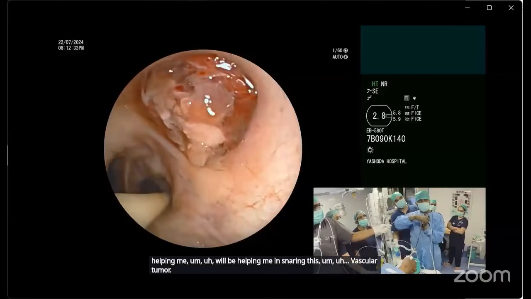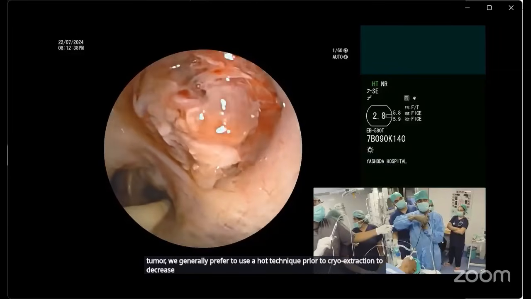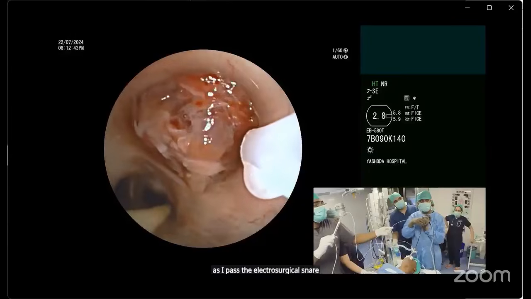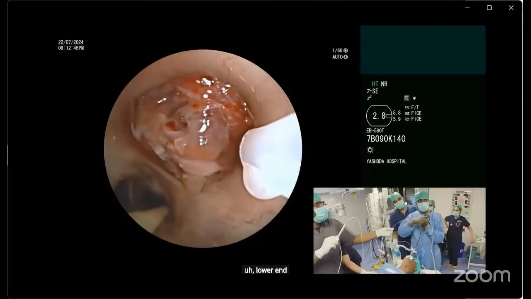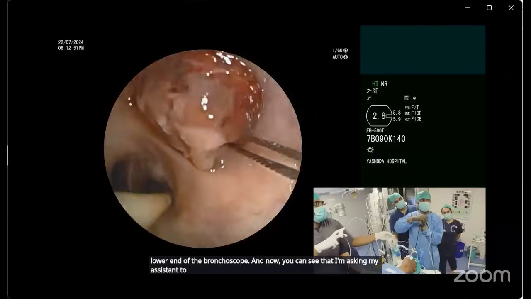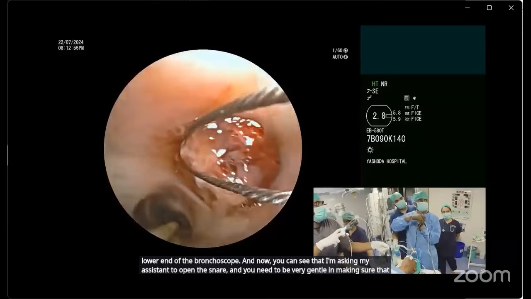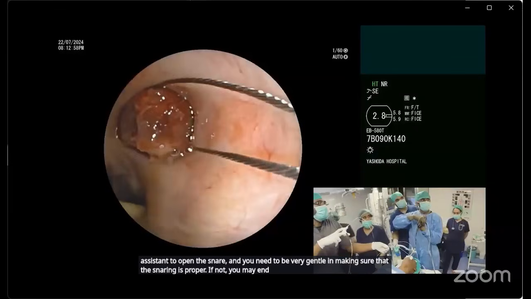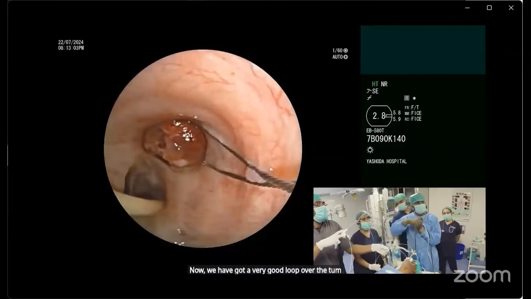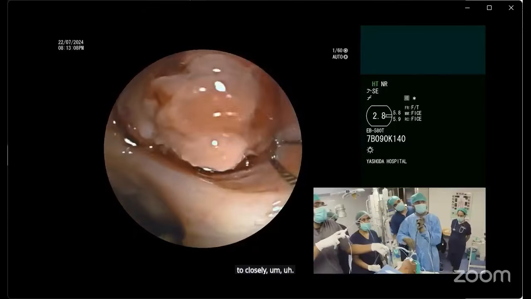We generally prefer to use a hot technique prior to cryo extraction to decrease the amount of bleeding. Now you can see as I pass the electrosurgical snare, the snare comes out of the lower end of the bronchoscope, and I'm asking my assistant to open the snare. You need to be very gentle in making sure that the snaring is proper. If not, you may end up partially snaring the tumor. Now we have got a very good loop over the tumor, and right now I'm instructing my assistant to close the snare on this tumor,